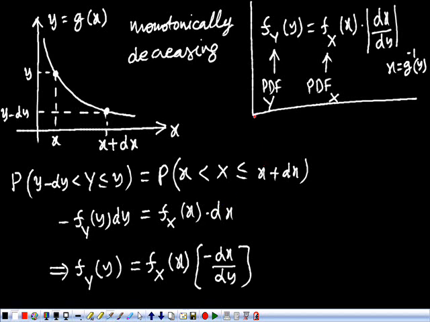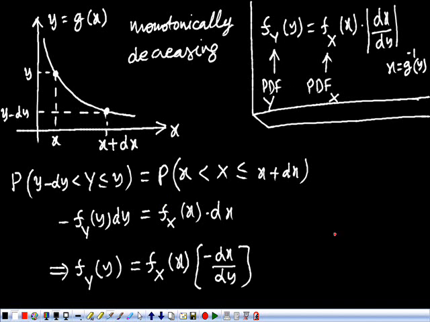So here we are generalizing and we are writing this as fy of y is equivalent to fx of x multiplied with modulus of dx dy at x equivalent to g inverse for a general case. Now if you observe these two cases, if y is lying in between two different values, x is also lying in between two different values. But if y is lying in between two different values and x is lying in between more than two values, then we have to take that value also.